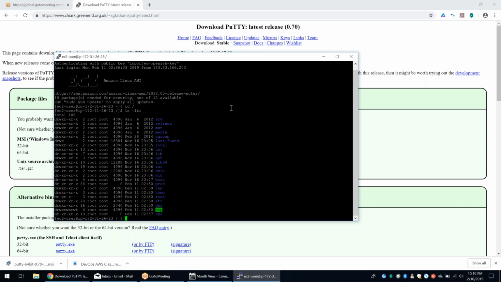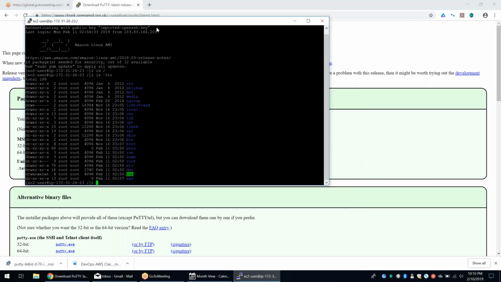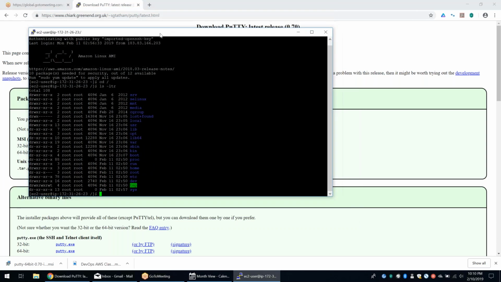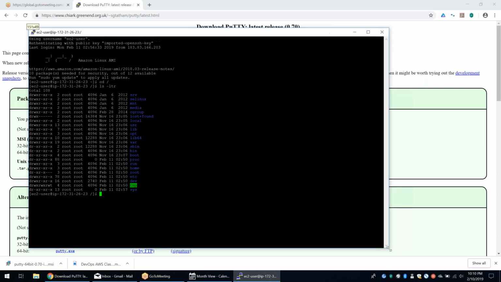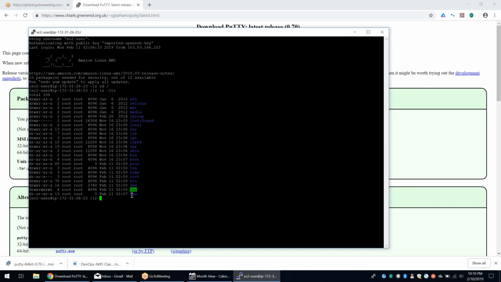Remember, the way you authenticate to the server in Windows and Mac is different. But once you authenticate, everything remains the same. It doesn't matter whether I'm using a Windows laptop or a Linux laptop. The way you authenticate to the server is the only thing that matters. Once you authenticate, both are similar, like a Xerox copy.